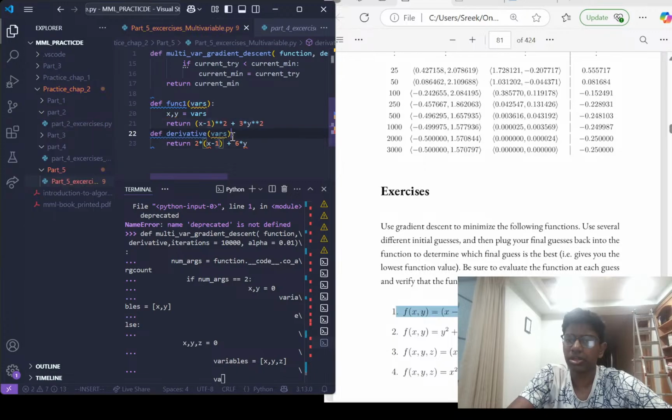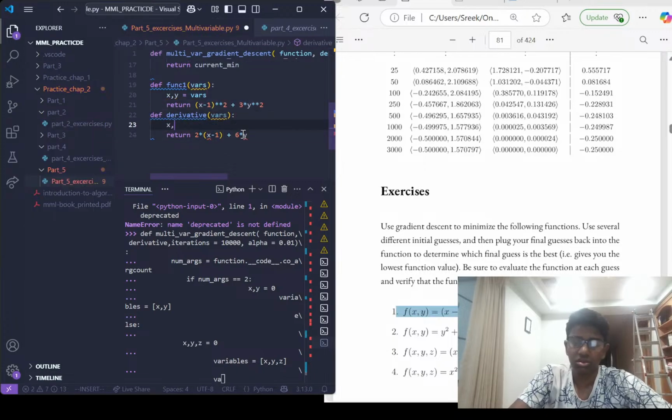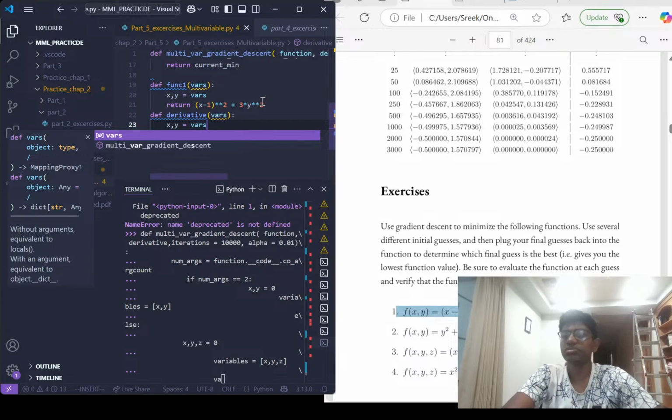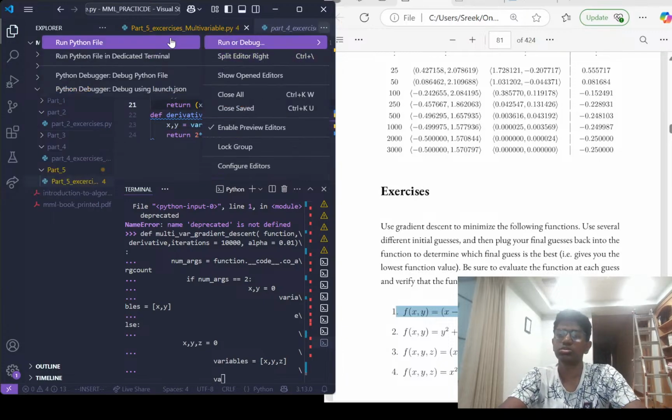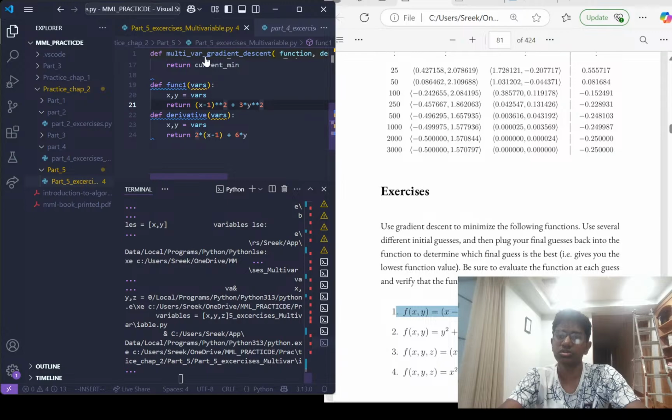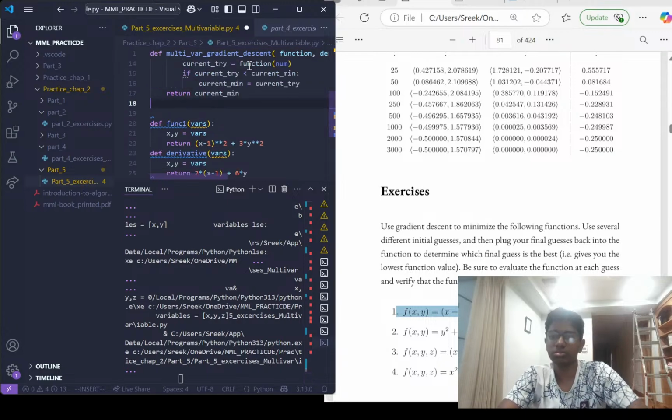We should be able to unpack that way. So that's pretty cool. So let's just check if it works. Oh, sorry, we have to actually call it. So let's do print